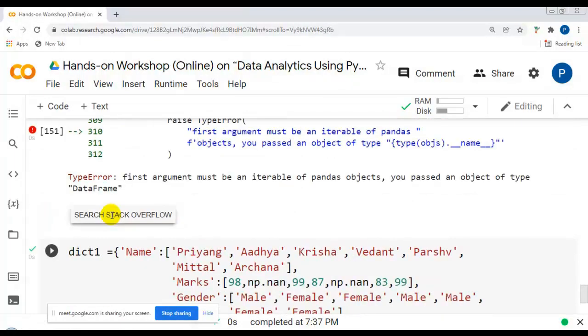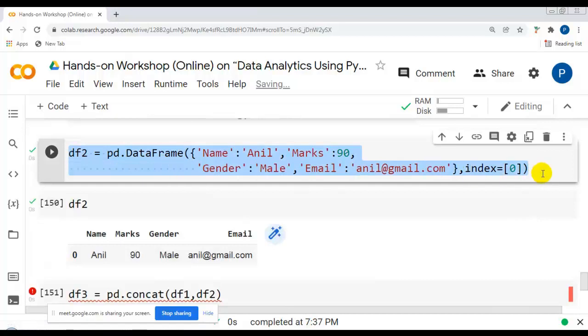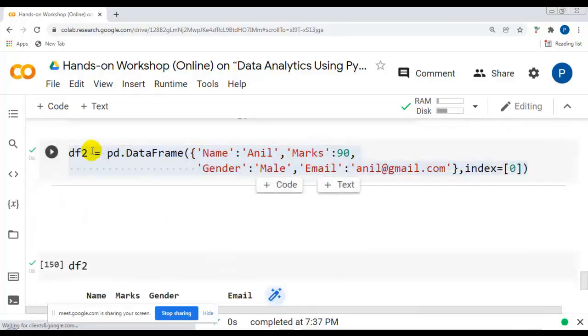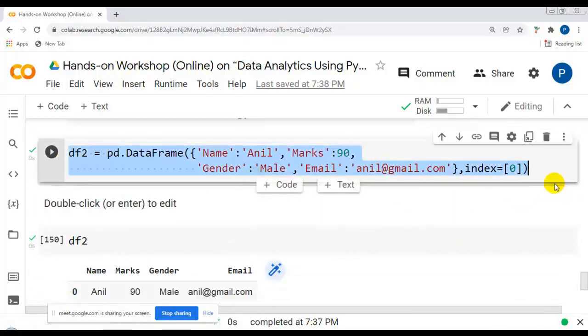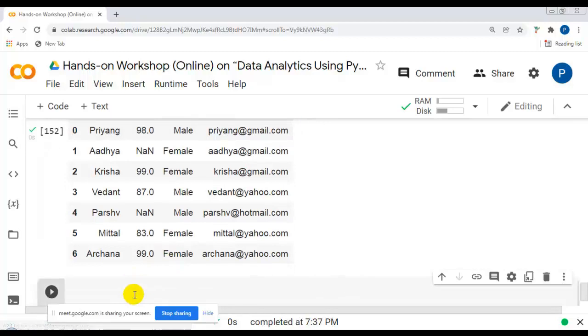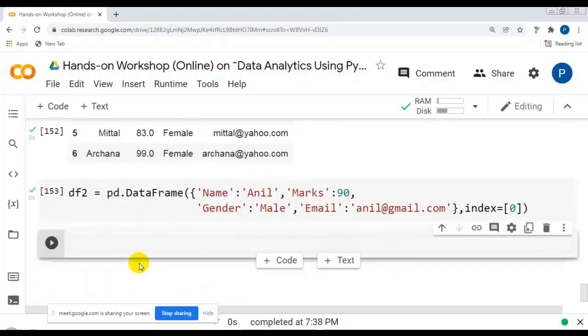So this is our data frame, and actually let me copy this, because after renaming I have created this many data frames. Let me paste it over here. This is our df2, and let me write name, marks, gender, email.